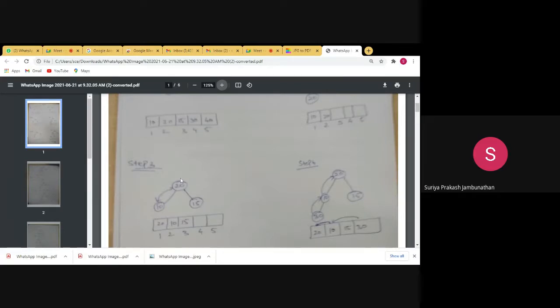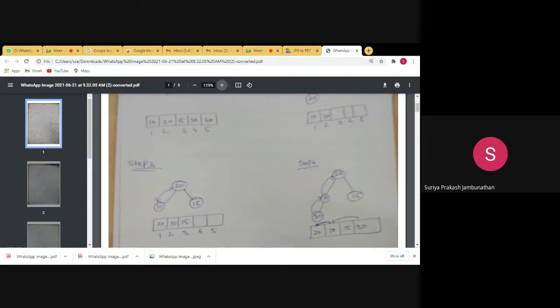The root node value should be greater than the subnode values, and the smaller values should be in the subnodes. So the next value, 15, we are adding on the right-hand side. So we have 10 and 15.